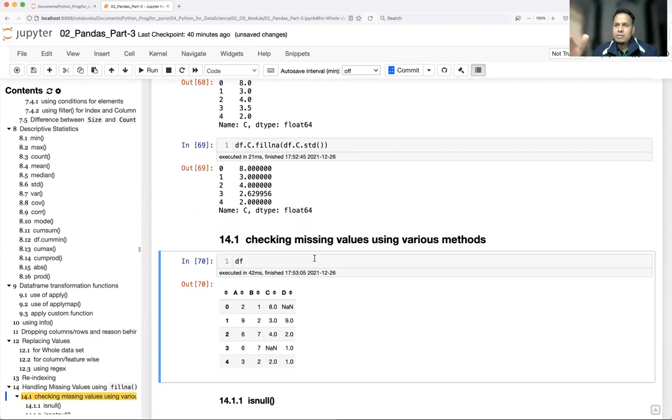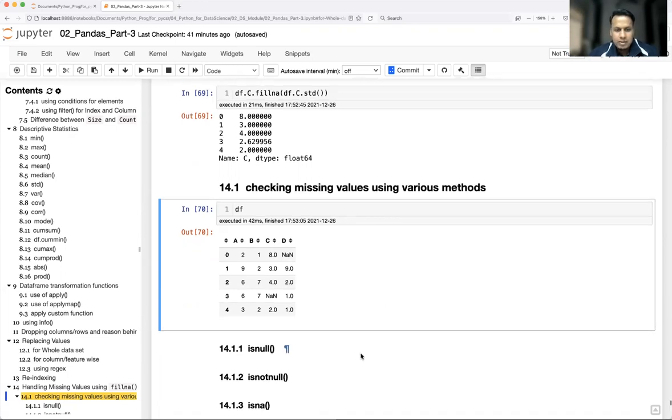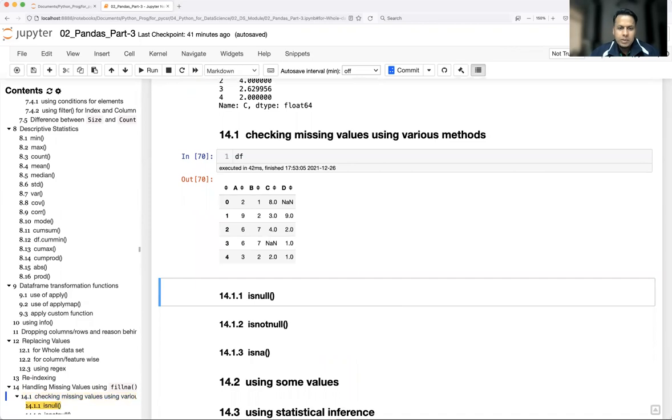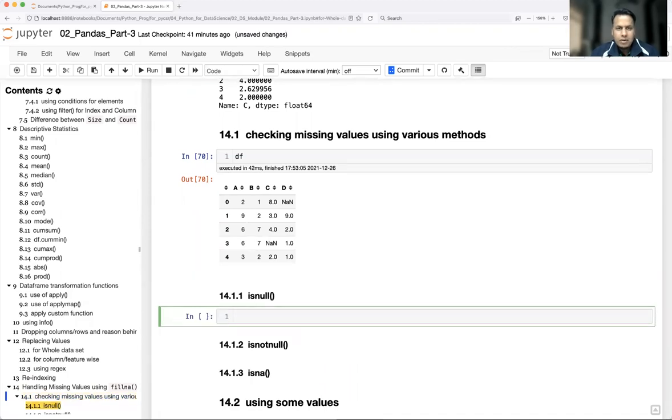So I have millions of rows and columns. I want to validate, or quickly check, how many empty values or NaN values there are in each and every feature, that is each and every column. The best way is to use the isnull function. isnull basically tells us whether we have null values in the data frame. df.isnull().